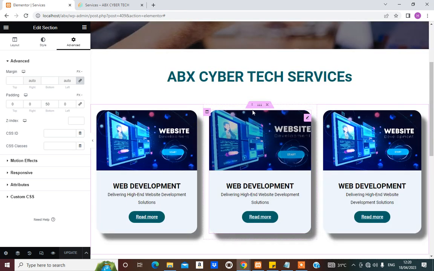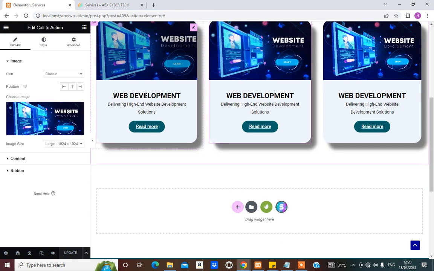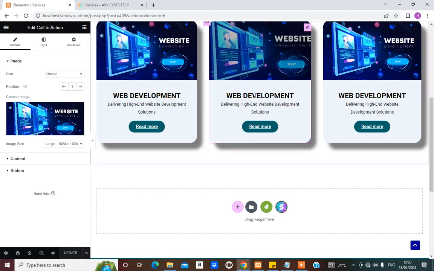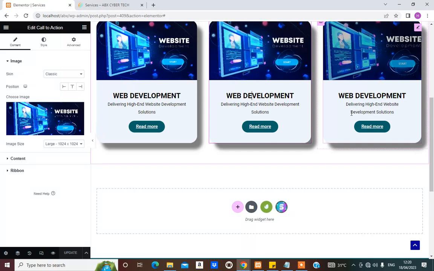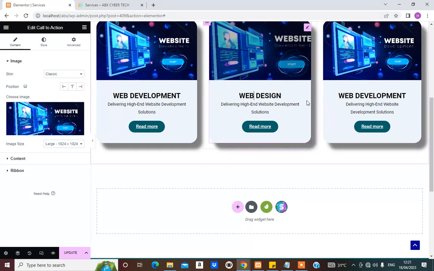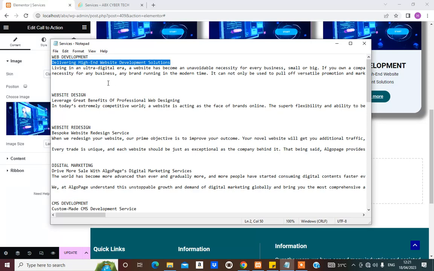The next thing is to fill up these sections with our write-up. So this is web development. The next thing should be web design, website design, as the case may be. So go back to our write-up and bring this